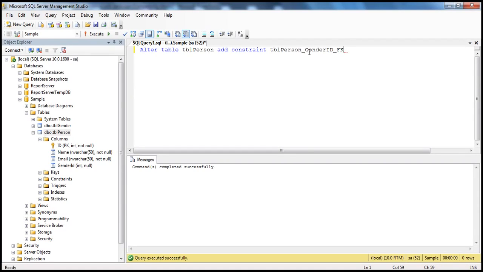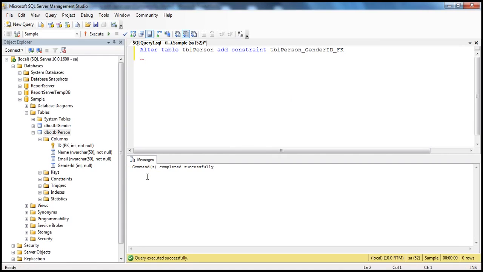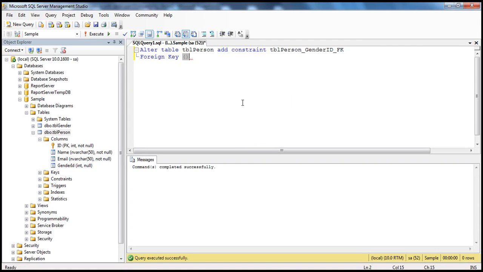So that's the name of the constraint. And next, we need to specify which column in this table, and which column in which other table it is going to reference. So, foreign key, and we need to specify which column in the TBL person table is going to be the foreign key. In this TBL person table, we specify gender ID as the column that we want to mark